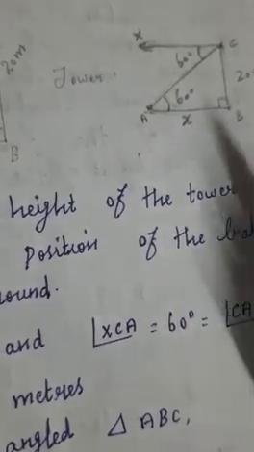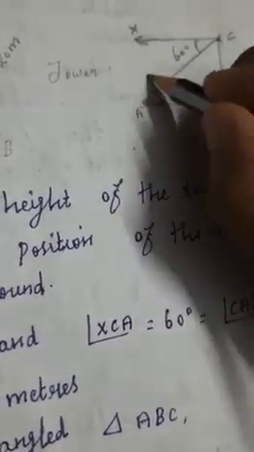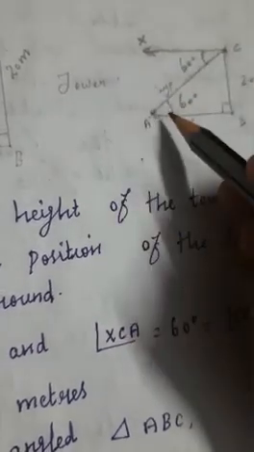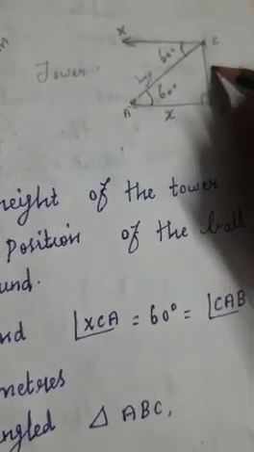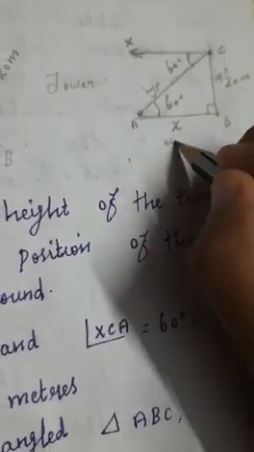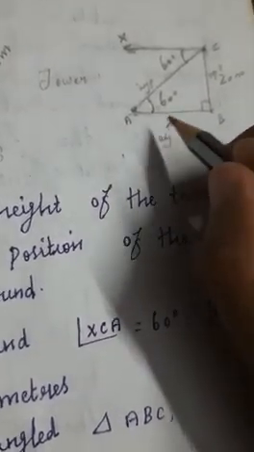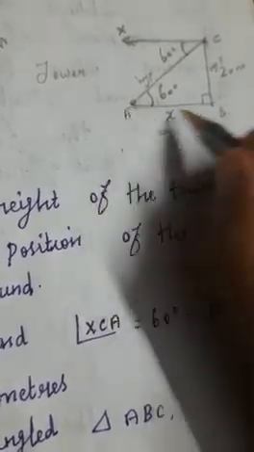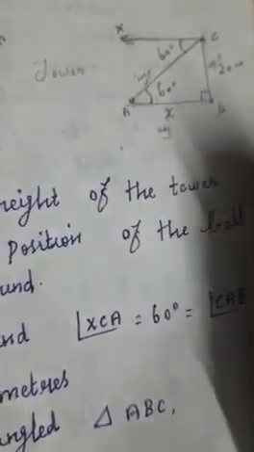Which side is the hypotenuse? The side opposite the right angle is the hypotenuse. So for this angle, this is the opposite side. Okay, and the side near this angle is the adjacent side. So in this diagram, we need to find the adjacent side only. Okay, so only the x value we need to find out.